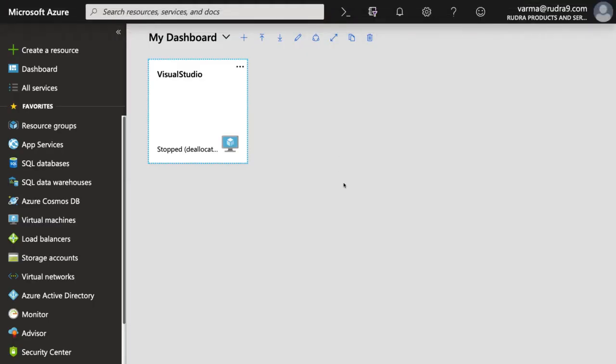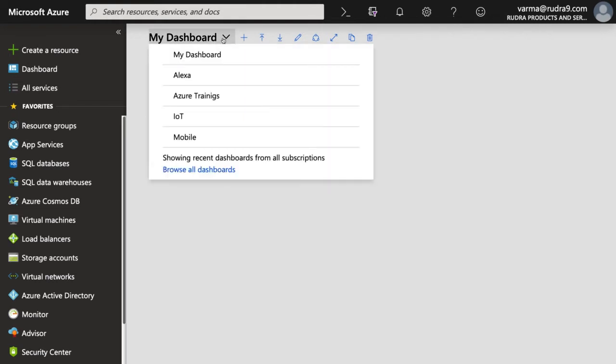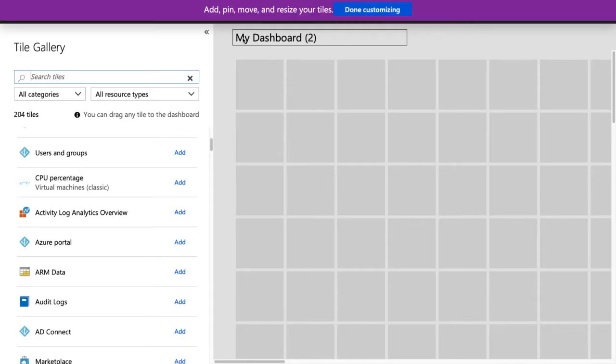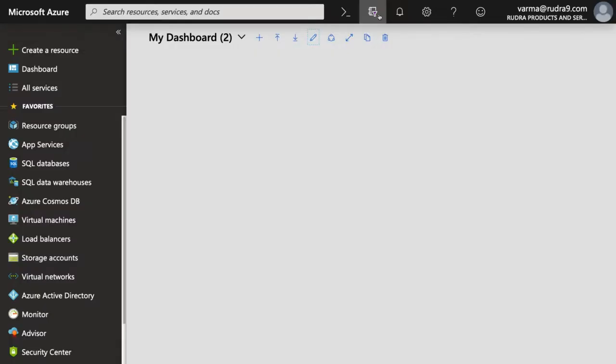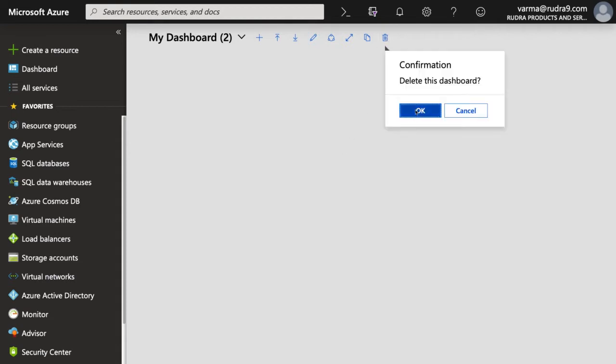When you first time log in into Azure, the Azure portal looks like this. However, the dashboard here, you might see different items in the dashboard compared to what you are seeing here, because I already registered some years back and I have different dashboards. If you see here, I have different dashboards that I have designed for different purposes. In case you want to design your own dashboard, click on here and you can add items and resources here. And then once you've done it, click on customization and you will get items here. Anyway, I'm going to show these things to you whenever appropriate in different sections of this course. Let me delete this dashboard.